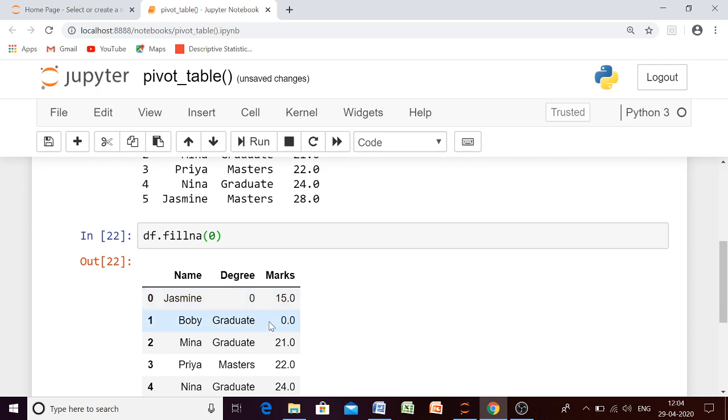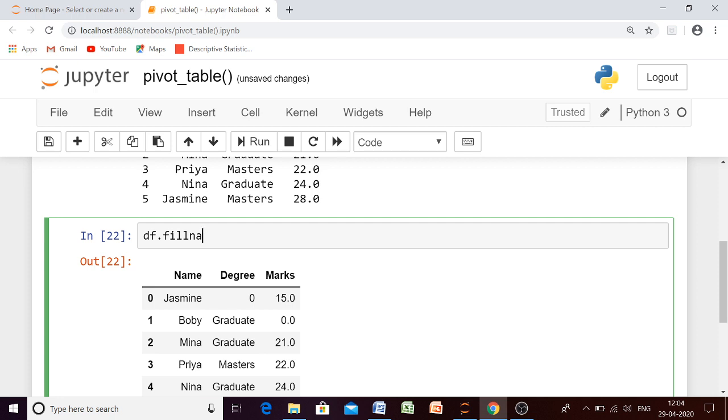So if you want different values for the NaN under different column names, then you can do this also by giving the column name. Suppose for degree, if we are having a NaN value, I want 'not completed' to be written, because 0 is not appropriate for degree. And for marks, okay, let it be 0.